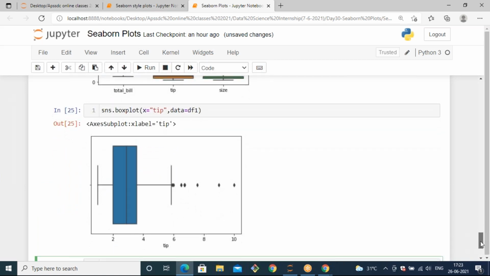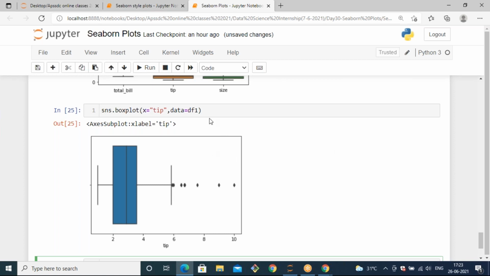It will automatically show the density of the values. If you see, these dots can be called whiskers, and this last dot, which is far away from the given range, can be called an outlier. These dots and lines you can also generate by calculating the IQR, the interquartile range.